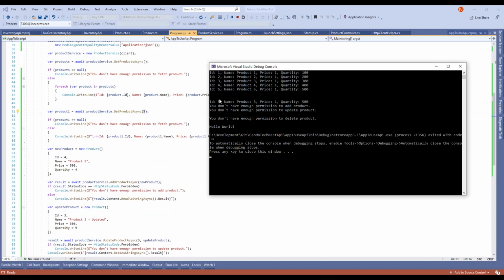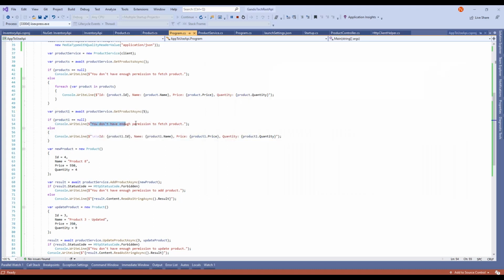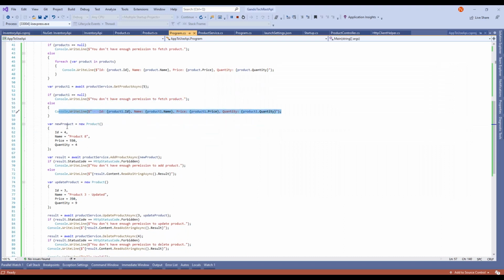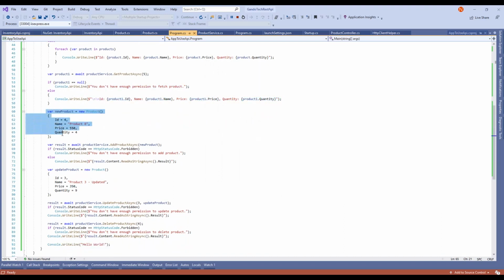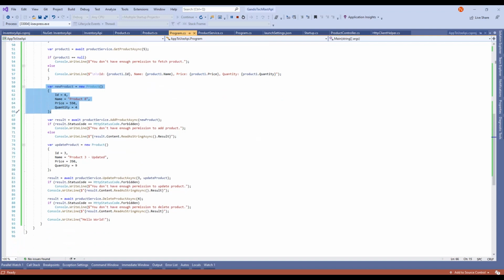As you can see, we have 5 products here. I'm fetching the fifth one, which is the last one. If it's null, again I don't have permission to fetch the product, otherwise I will print it off. Then I'm going to add a new product to my application